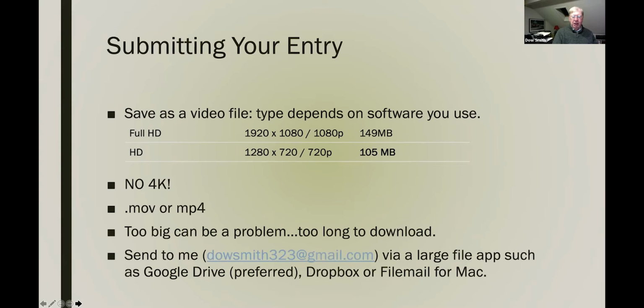And you send it to me by my email address, and use a large file app such as Google Drive, which I prefer, Dropbox, or File Mail for Mac, and there's a bunch of other of these large file transfer programs. Google Drive's pretty easy, and it's the one we use to play back the